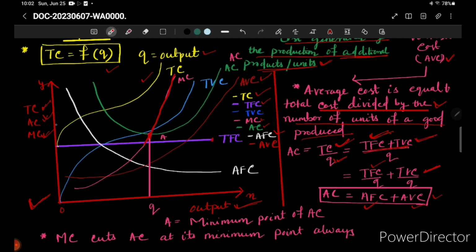So here you all can see this is the total cost function, that is elongated S, and TC is the combination of TFC and TVC. TFC, total fixed cost, is a horizontal straight line here, and TVC is again the elongated S here. Coming to AFC and AVC, AFC is downward sloping and AVC is upward sloping, and we know that AC is the combination of AFC and AVC. So the AC curve is U shape, this line,